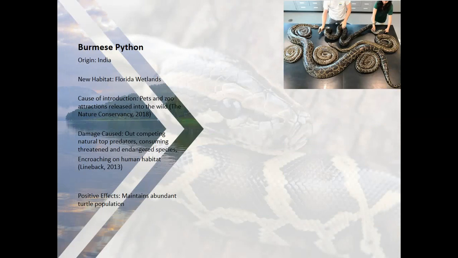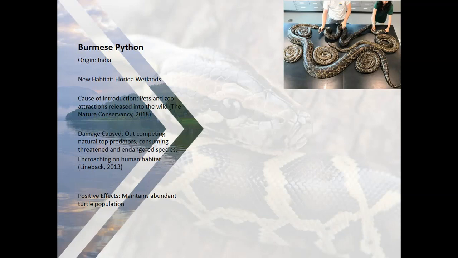The first invasive species we will look at is the Burmese python. Originating in India, the Burmese python was introduced to the United States as a zoo attraction and exotic pet. However, pet owners soon came to learn that the massive reptile was harder to care for than expected. The owners can be part to blame, as a constant diet of rats and rabbits with little movement encourages the snake to grow faster, as it does not burn energy hunting for food.